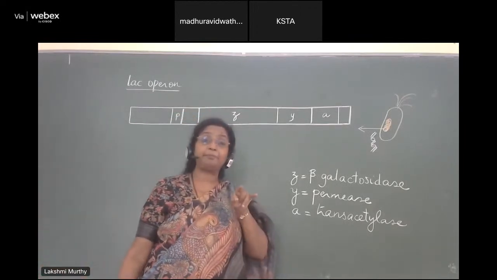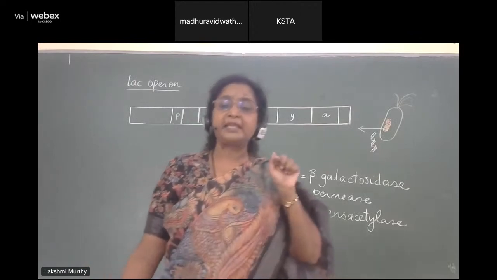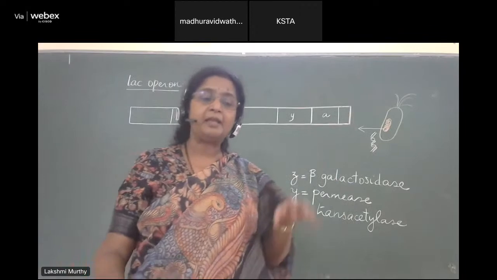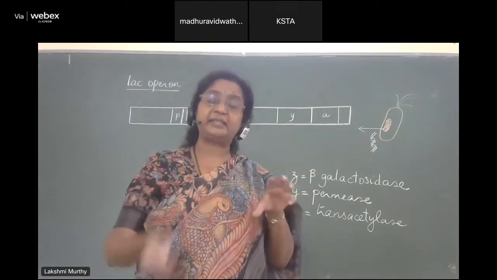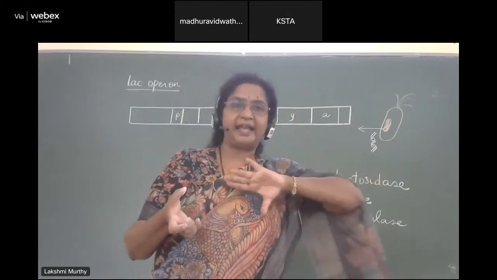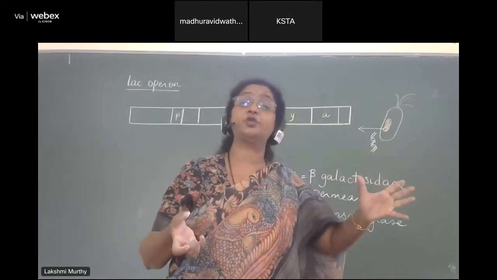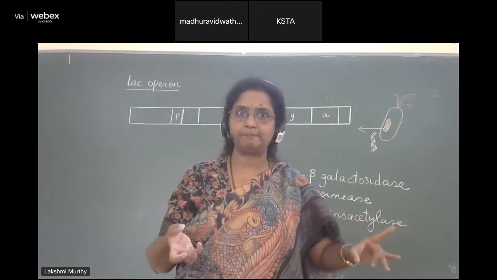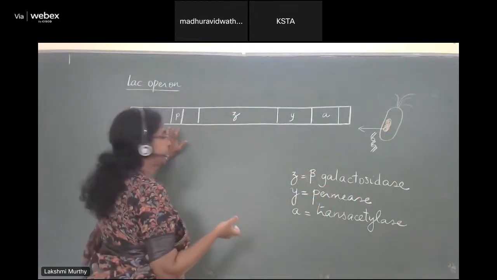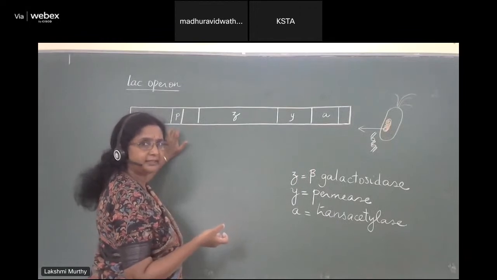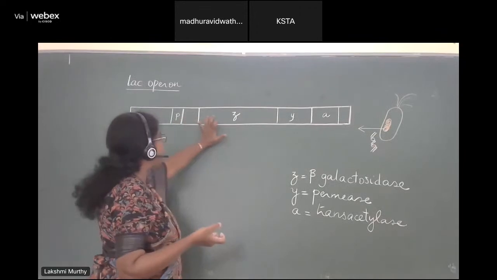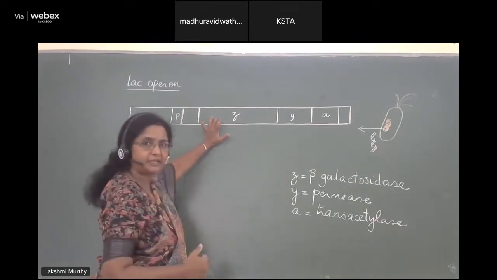You all are familiar that promoter is the site or sequence identified by the RNA polymerase along with its sigma factor so that it can bind to it, and at the end of the promoter it has to start off transcription. You all know that, you are familiar with that. That is the promoter that I have shown here. You understand that? Okay. What else is present between the promoter and the structural gene beginning?